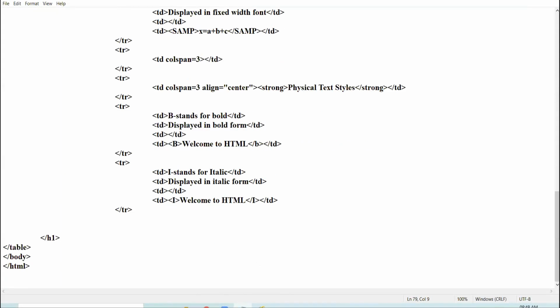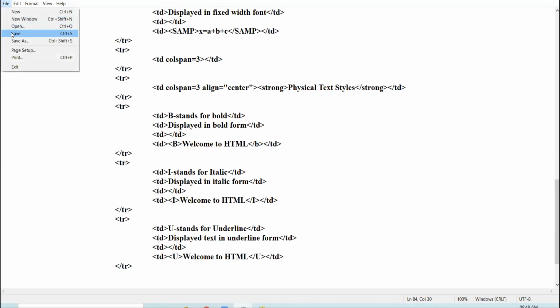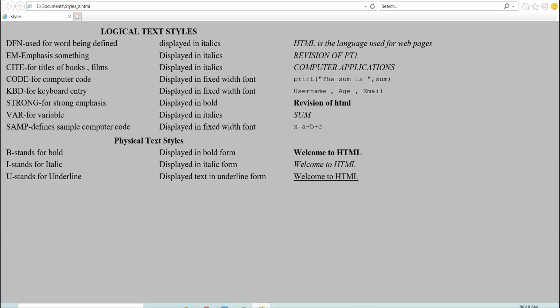Then third we have U tag. U tag stands for underline, right? Displays text in underline form. U tag and U tag closes, right? See here, the text gets underlined, right?